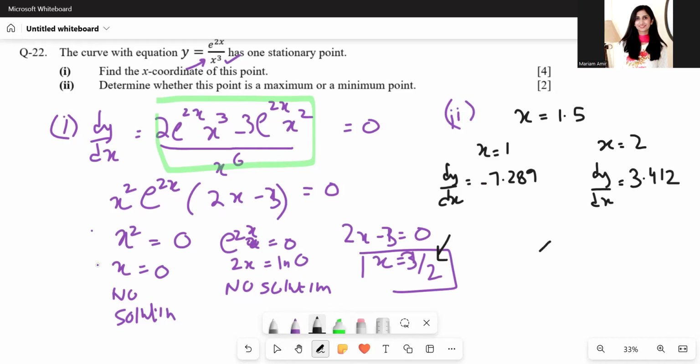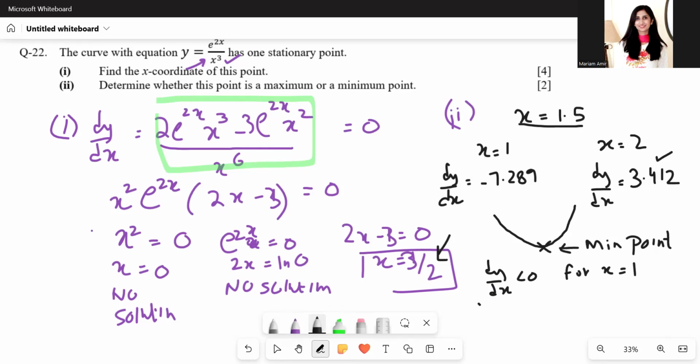So what's happening, if this is your stationary point where x is equal to 1.5, before that the derivative is negative. So that means the curve is decreasing. That's why the gradient is negative. And on the other side, the gradient is increasing. That's why dy by dx is positive. That makes this a minimum point. So since dy by dx is less than 0 for x equals 1, and dy by dx is greater than 0 for x equals 2,